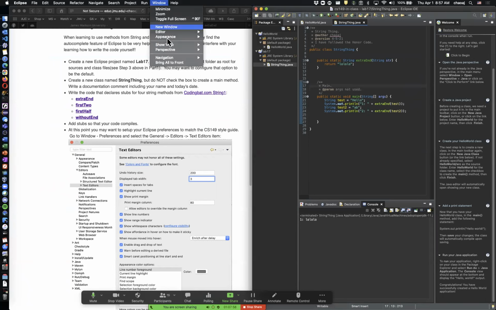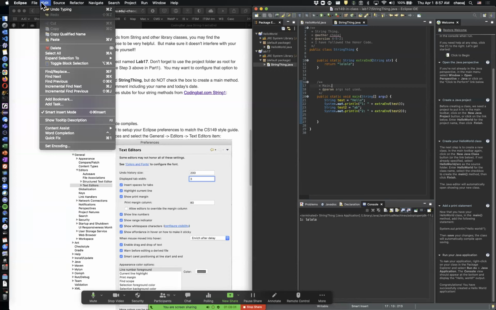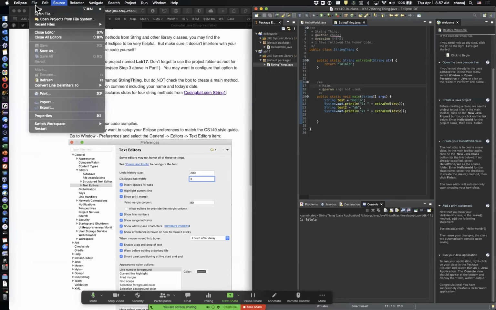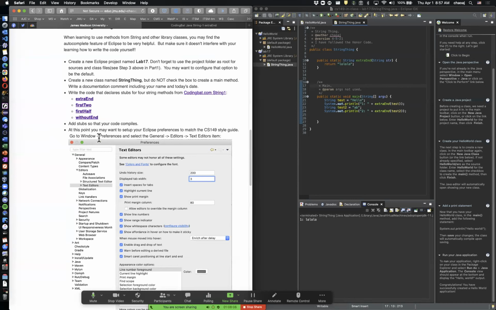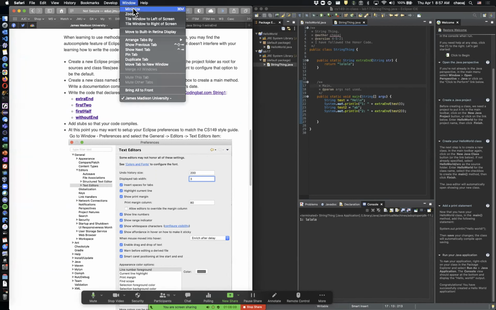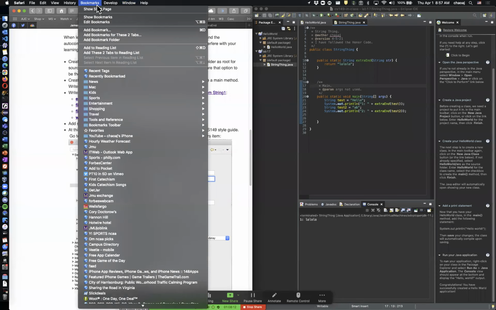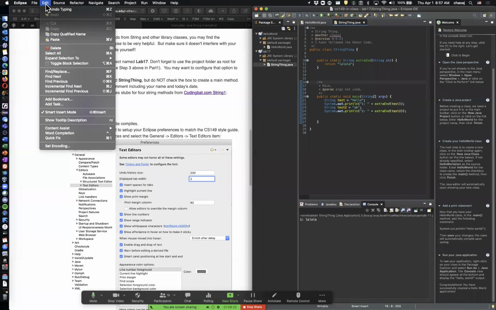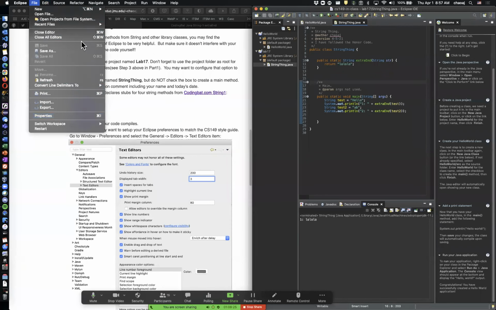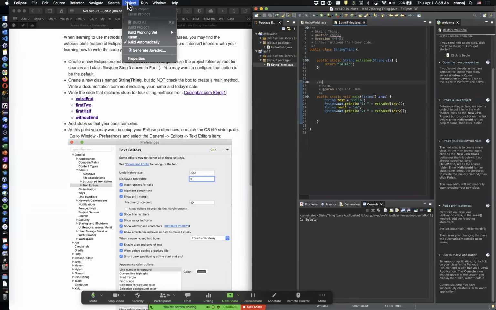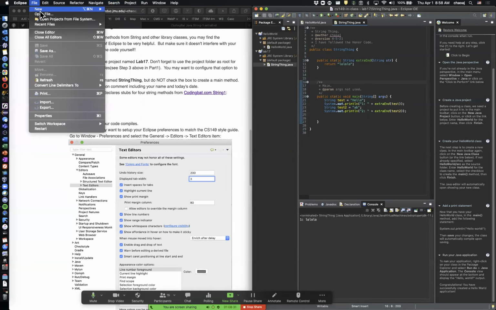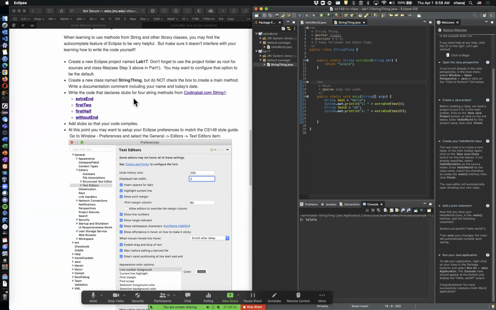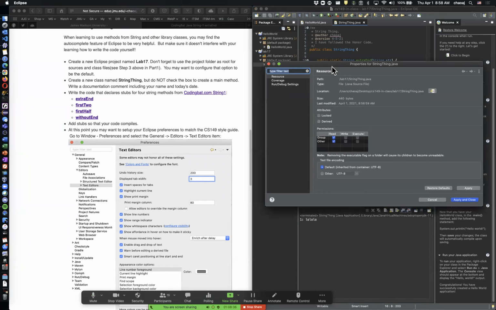So we go to Window and we go to, or in this case, on the Mac, it's going to be maybe a little bit different here. So let's go into here to Window Preferences and select the General. So let's go to Window. Let's see if we've got preferences here. We don't have it there. Oh, we're not in there. Let's go to Window. And if you're on Windows, it has a preferences in there. I think it's in a little different space on your Mac. So let's go ahead and go into here. On the Mac, I think it's going to be in this properties here. Yes, so we're going to come into,